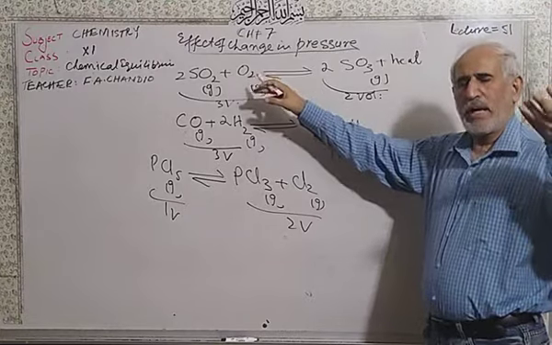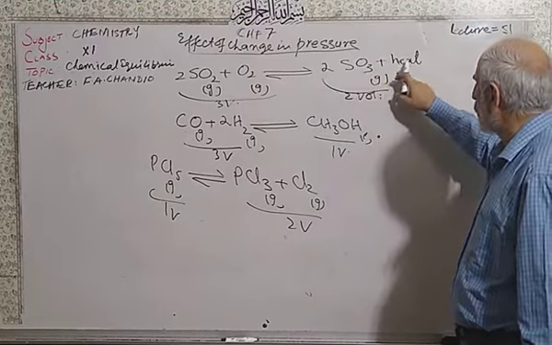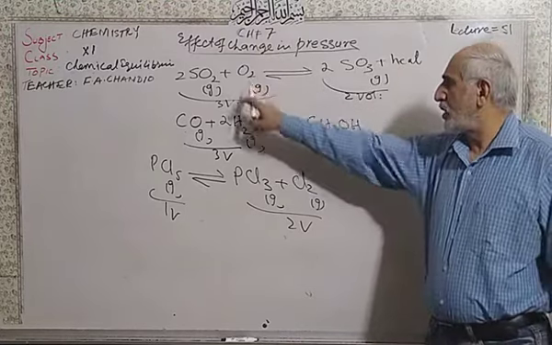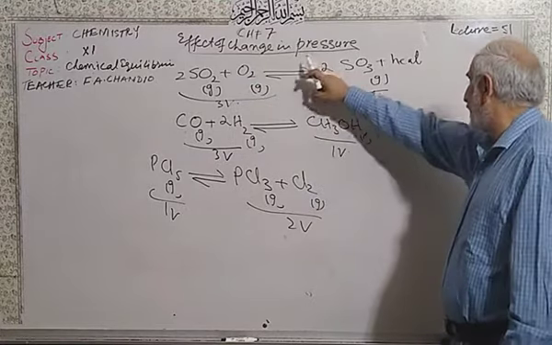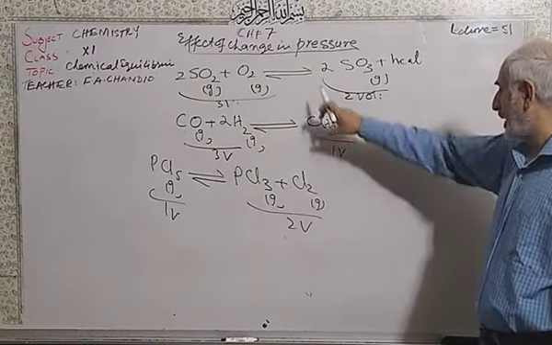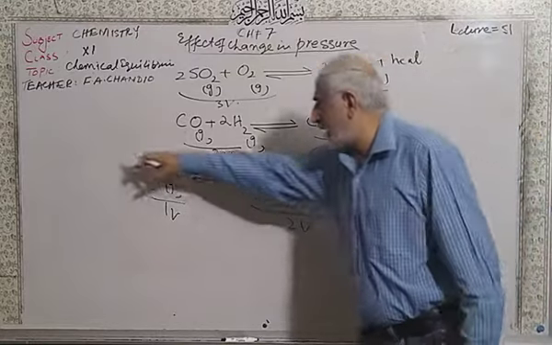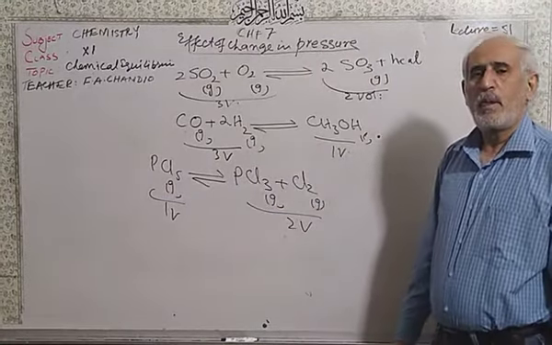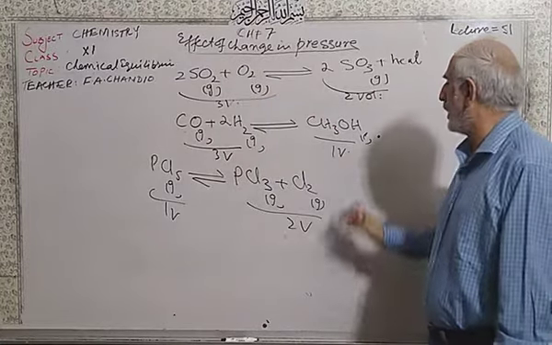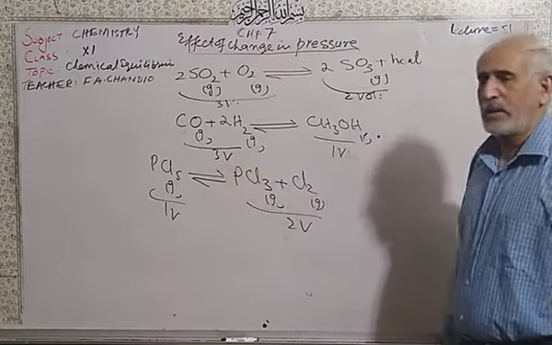This is 99% correct: where the number of moles decreases, that side is exothermic. It means 3 moles changing into 2 moles, the forward step is exothermic. 3 moles changing into 1 mole, the forward step is exothermic. 1 mole changing into 2 moles, the reverse side is exothermic. Where moles are more, the reverse side is endothermic. On this side, forward is exothermic, reverse is endothermic.